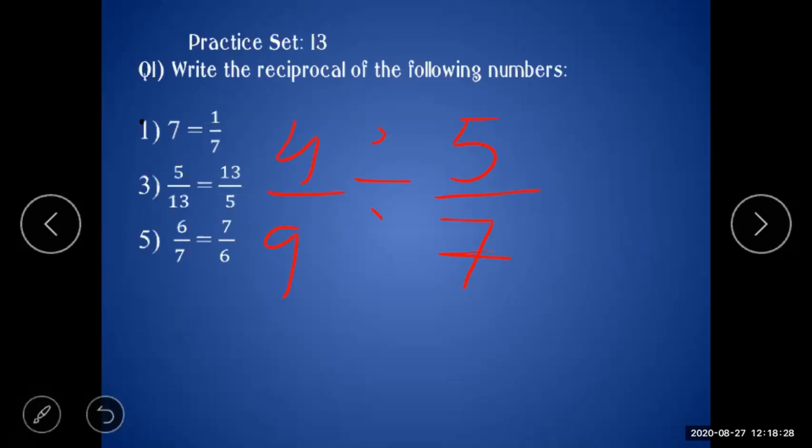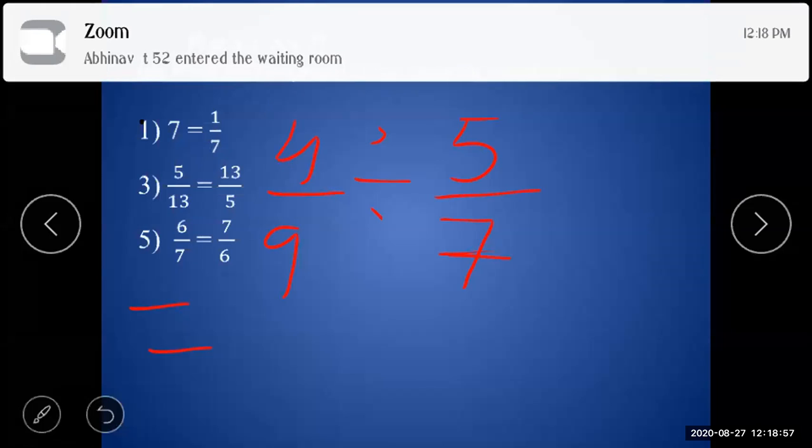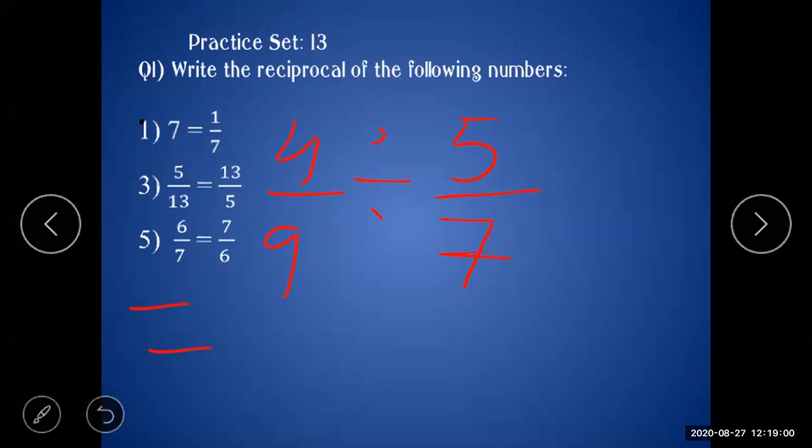Now here the first example I am explaining is 4 upon 9 divided by 5 upon 7. Now, students, in multiplication you multiplied straight across and then got the answer. If that answer can be cut down, you cut it, or you write it as it is. Now here in division, you have to change the second number. The divide becomes multiply, and the second number will be interchanged. It becomes a reciprocal or a multiplicative inverse.